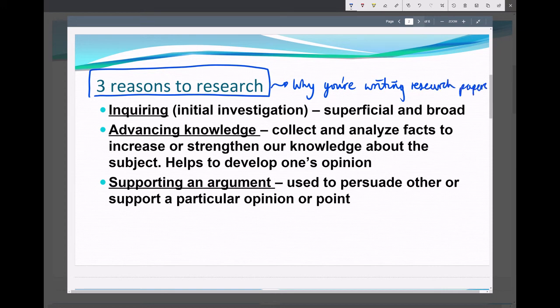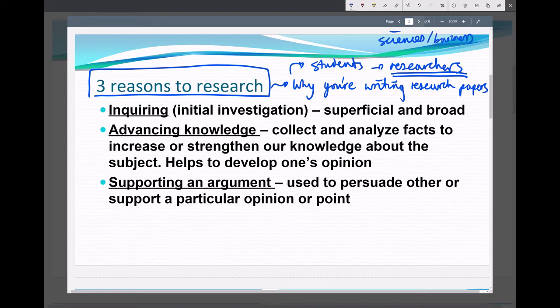Well, we are training you as students to become researchers someday. Remember, we do research all the time, and some of you may go on to research in various fields. Maybe sciences, maybe business, anything.